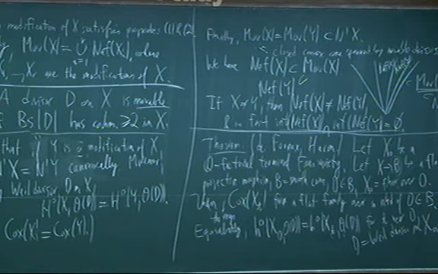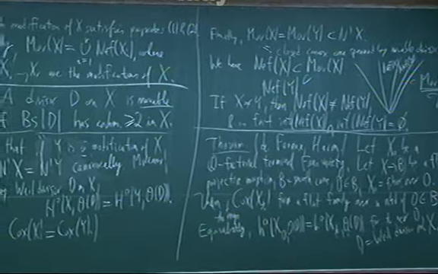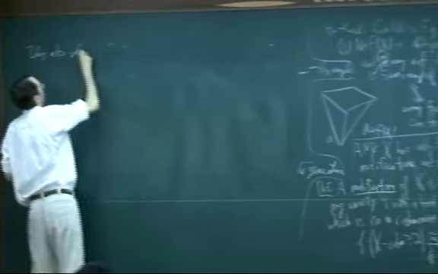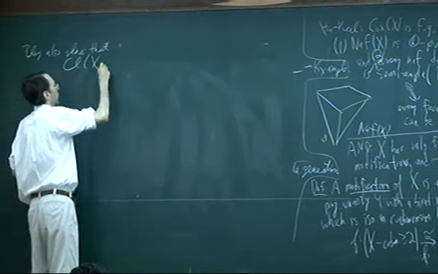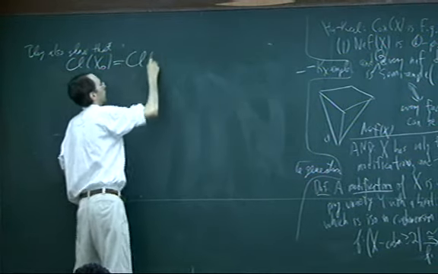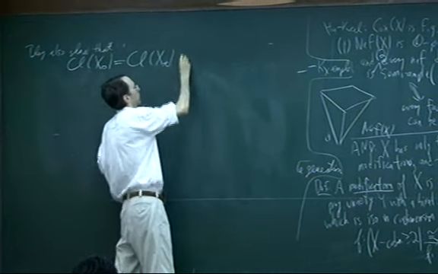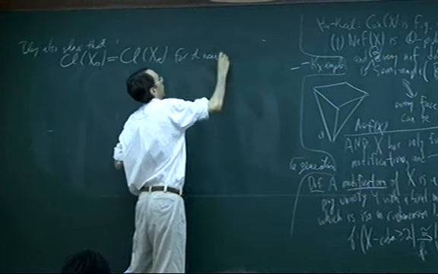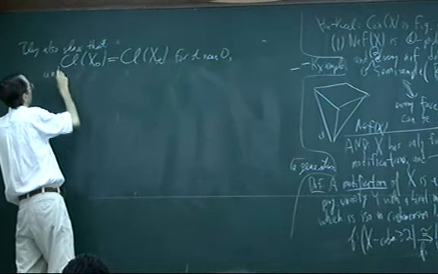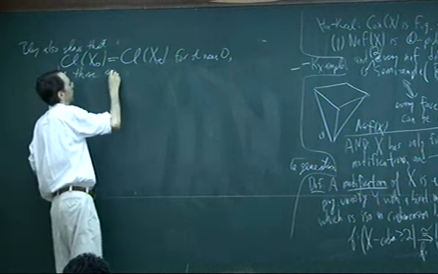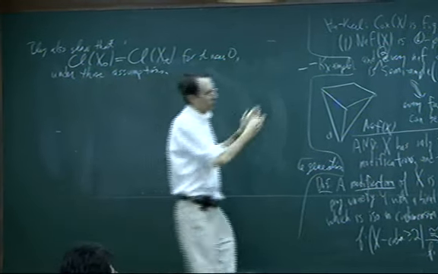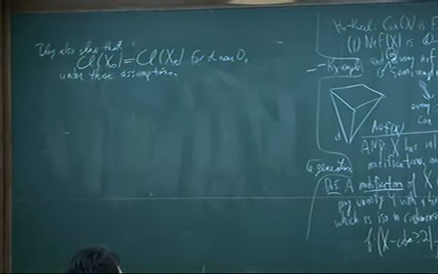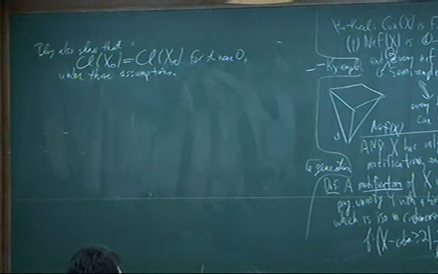Okay. So here, to clarify this, they also show something which is kind of implicit in my statement: that the group of Weil divisors modulo equivalence on X_0 is the same thing as the divisor class group of X_t for t near 0 under those assumptions, for an exotic Q-factorial terminal Fano variety. So the Cox ring is graded over the same group for all these nearby fibers, and the dimension of each piece in the graded group is the same for all the nearby fibers.